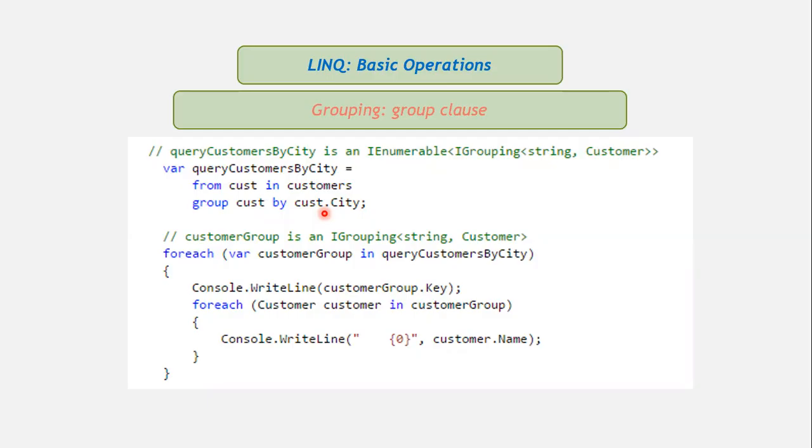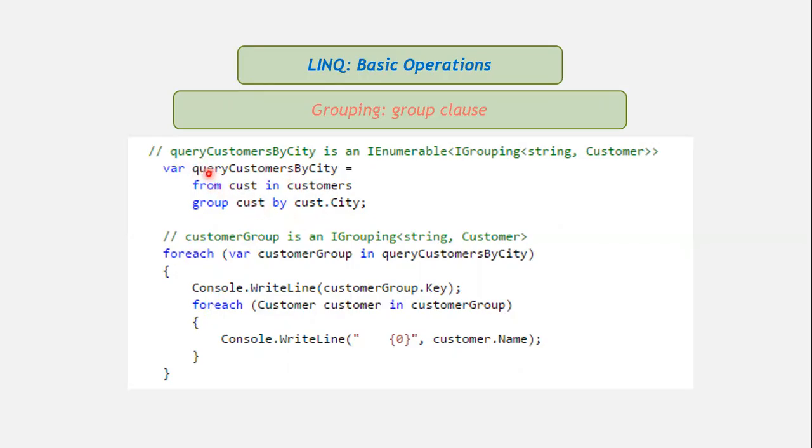Let's say there are three cities and 25 customers from three cities: 10 customers from London, and five customers from California. So by using London as a key, we will be holding 10 objects of a customer, and then we can access those groups with the help of the foreach loop here, as we are using the foreach loop here. So just in the creation of this query,